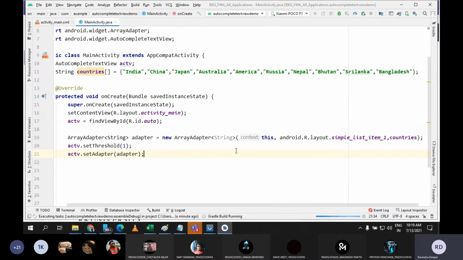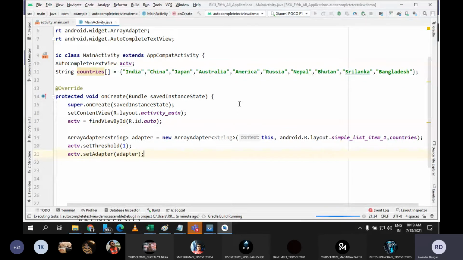Yeah, so now it is getting installed. Let's wait for 1 minute. So in your application, if you want such kind of autocomplete text view, then easily you can place it whenever you want to search from the given database. Then always you can go with autocomplete text view.